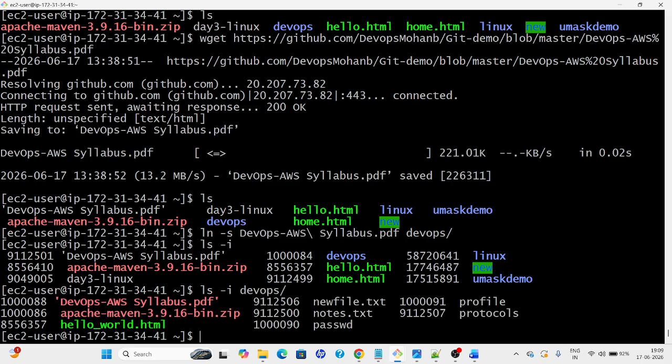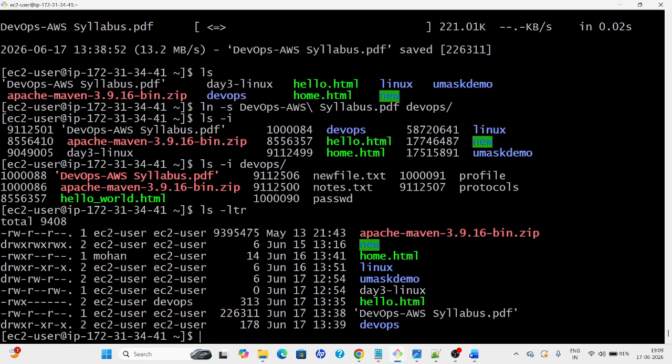DevOps inside files, this one is different. The inodes of these two files will be different and also the size of the file will be different. So if I check the size with ls -ltr, the size of this particular file is 226311 kilobytes. So I'll use